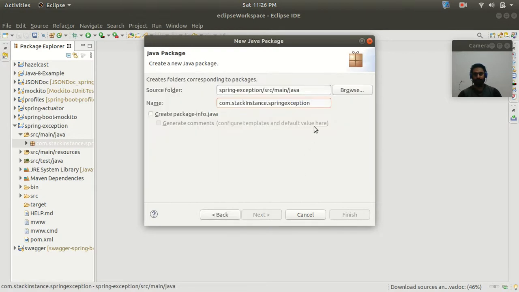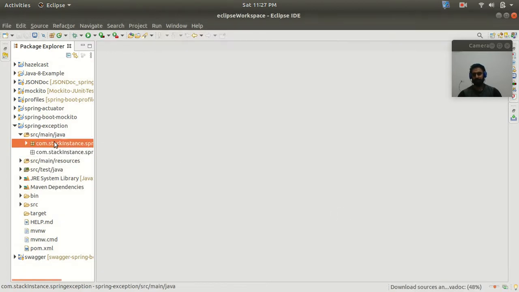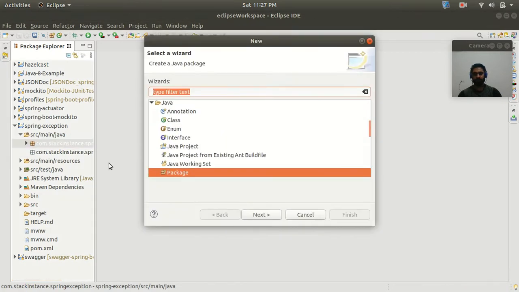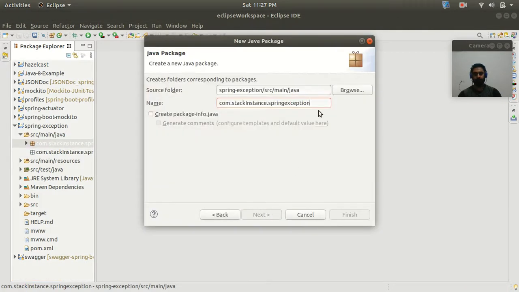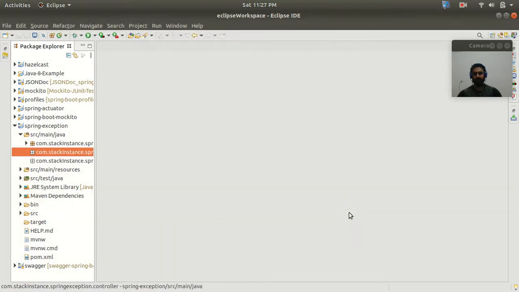So select package. Let's provide the model package, and here I'm going to create our model class inside this package. So let's add another package, let's say the controller package, and inside this package I'm going to create my controller class.